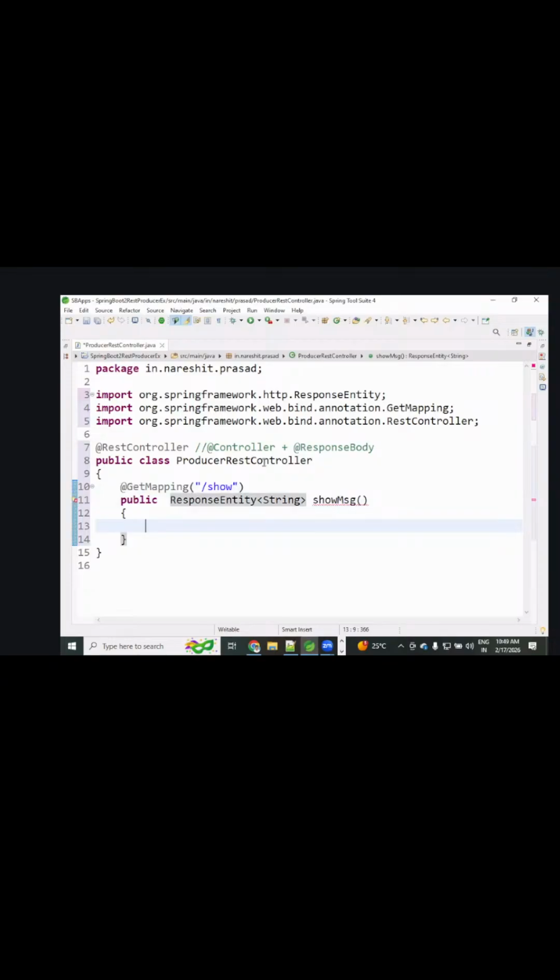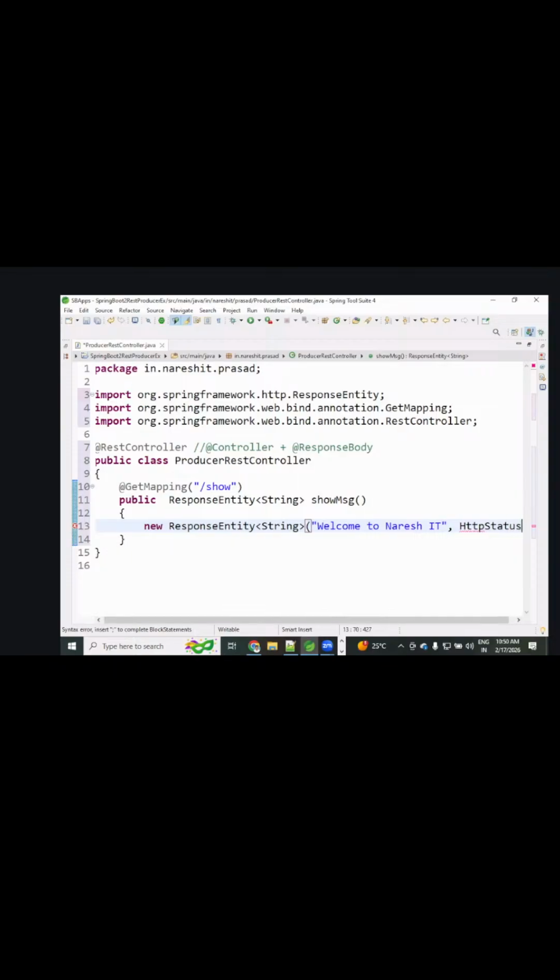Now I am going to write a new ResponseEntity of string type. I am writing here: welcome to Naresh IT. Here it is expecting one more argument, that is HttpStatus dot.